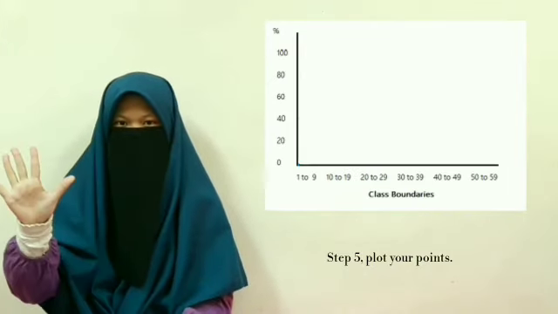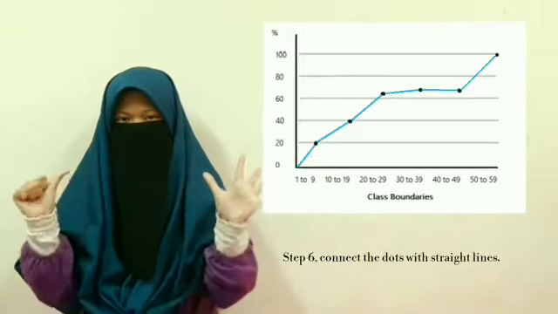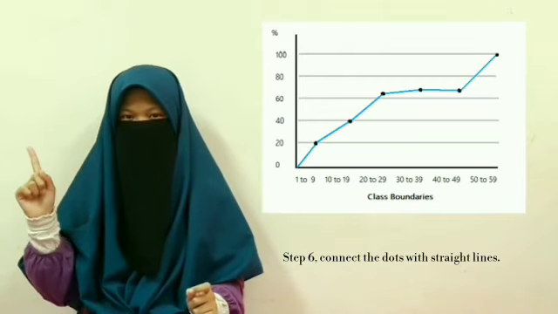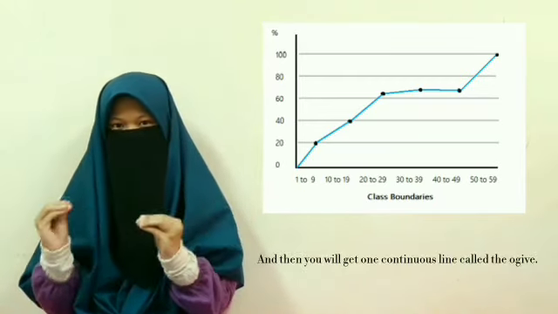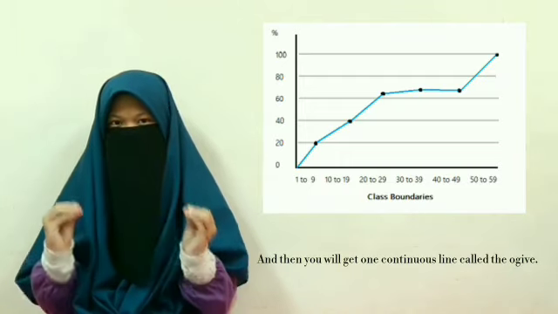Step 5, plot your points. Step 6, connect the dots with straight lines. And then you will get one continuous line called the Ogive. And here is the